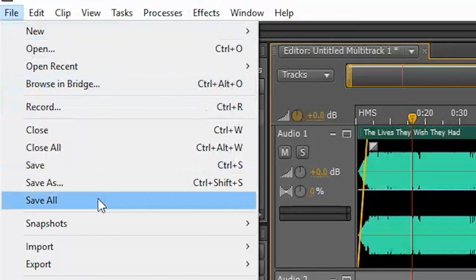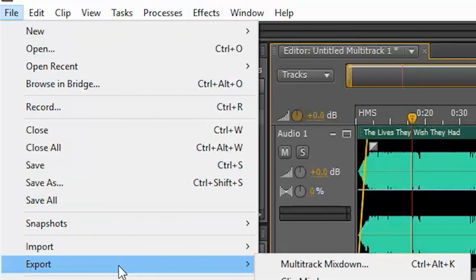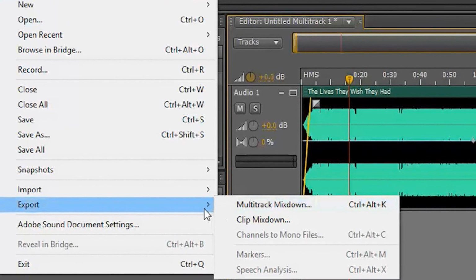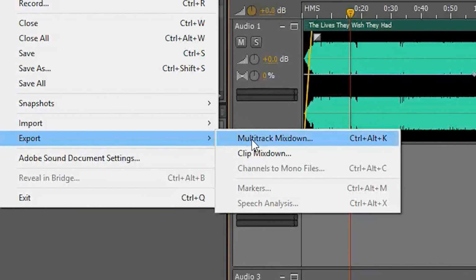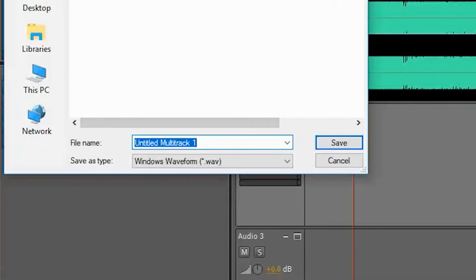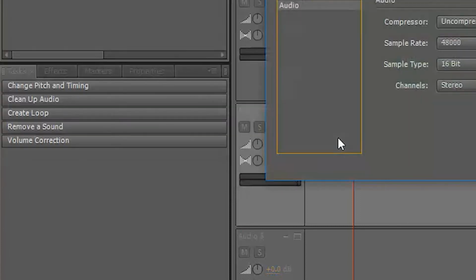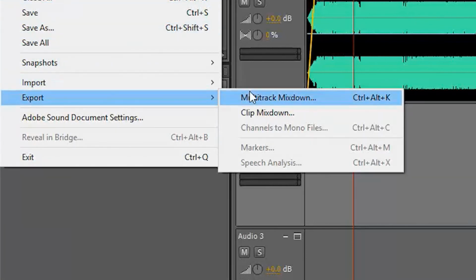Okay, now in order to save that, what we can do is we can go to File and Export. We don't want to save it, we want to export it as a finished media text so that we can then import the MP3 at a later stage. So go to Export, Multi-Track Mixdown, click on Save, save it as what it is you're going to save it as, and then when it comes up here,